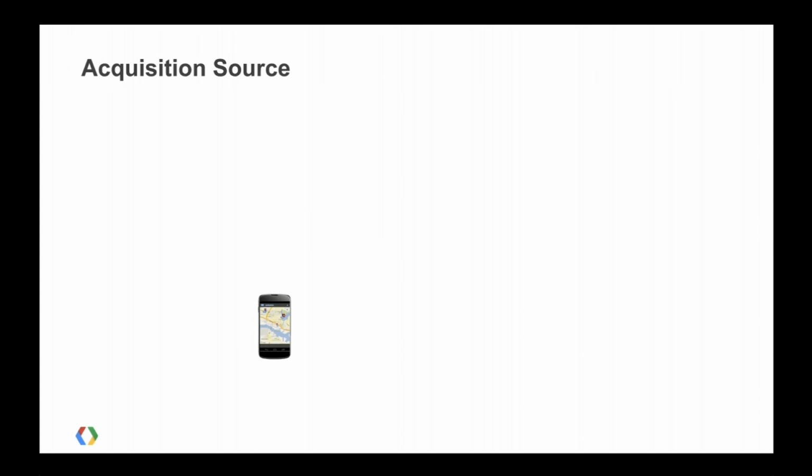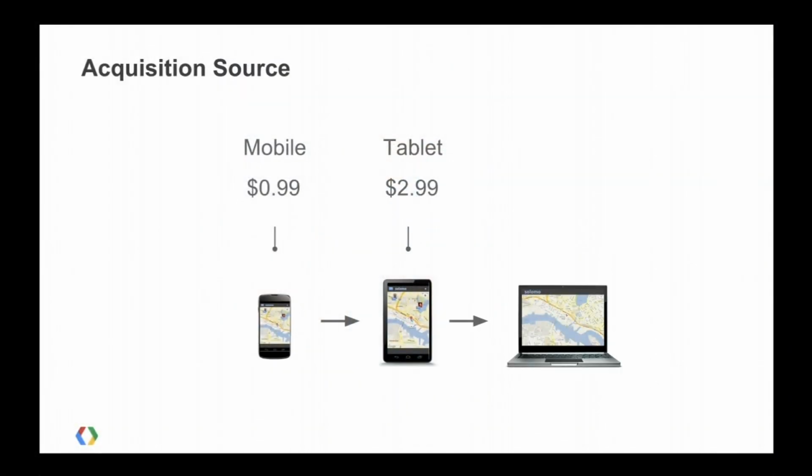So let me run through another scenario. Nick's using my app. I only have 2 users, Nick and Pete. It's hopefully some of you, maybe later. So this app's being used by Nick. He makes a 99-cent purchase. Then he uses my app on a tablet, and he makes a $2.99 in-app purchase. It's fantastic. And he loves this so much that he actually makes a $14.99 in-app purchase on the desktop. This is great.